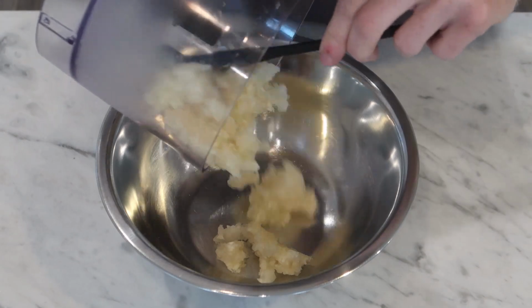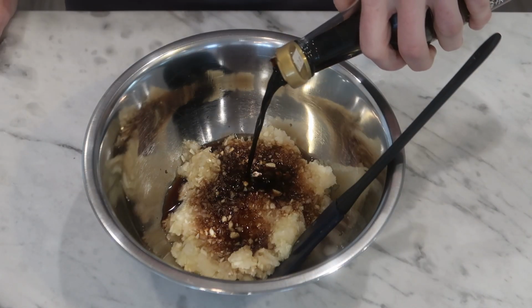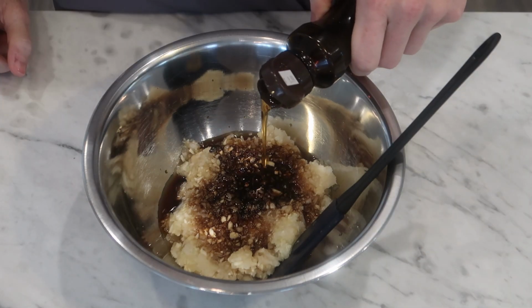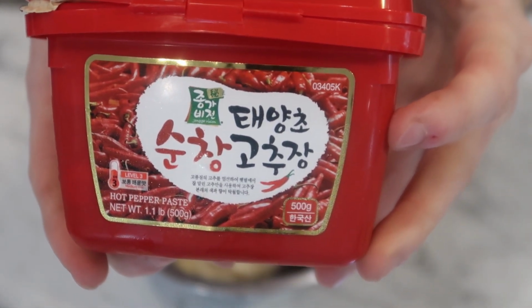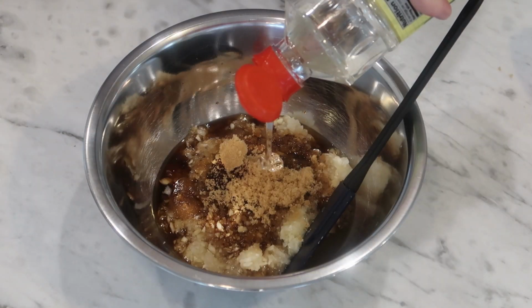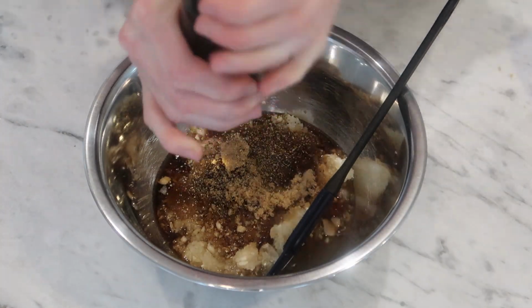So I dump that into a bowl and then I'm adding a couple of tablespoons of soy sauce and then about half that amount in dark soy sauce because I like the color that it adds to the cooked beef. A teaspoon or 2 of sesame oil, don't overdo this one. And this isn't traditionally added to bulgogi, but I'm adding a small spoonful of gochujang. The tiny bit of fermented spice is really nice in my opinion. A couple of tablespoons each of brown sugar and corn syrup. Honey works as well. Then just a good bit of freshly ground black pepper and the whites from about 3